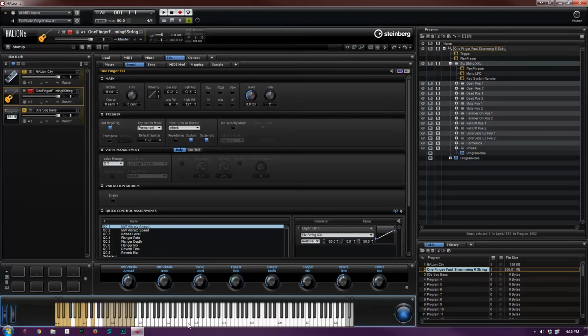So it's pretty nice. I can use one finger triggering, which allows the FlexPhraser to walk through its entire piece, or I can override it by playing chords. And then this patch is especially nice because I have all these key switches that allow me to play in open position